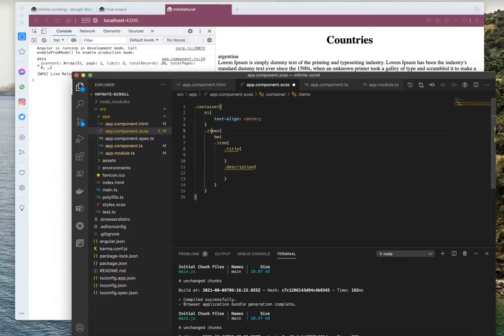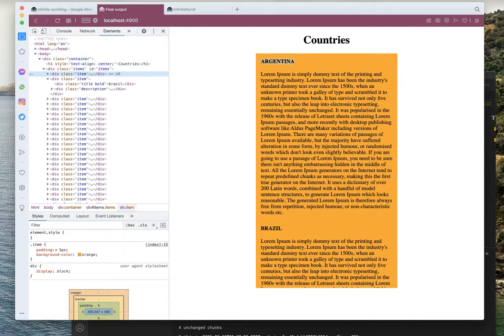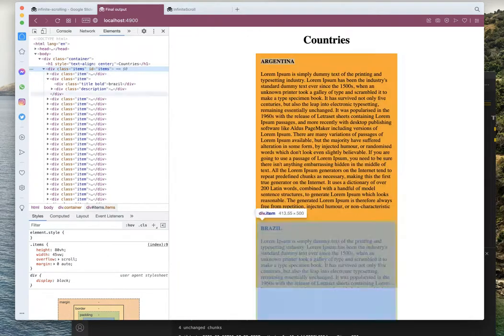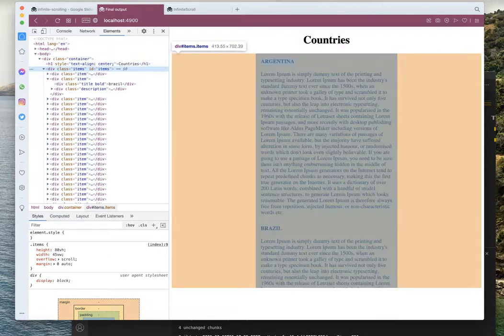The items element is the scrollable element, as we can see in our final output. Here the items element is the element that is scrollable, in which we will render all the responses returned from the paginated API.